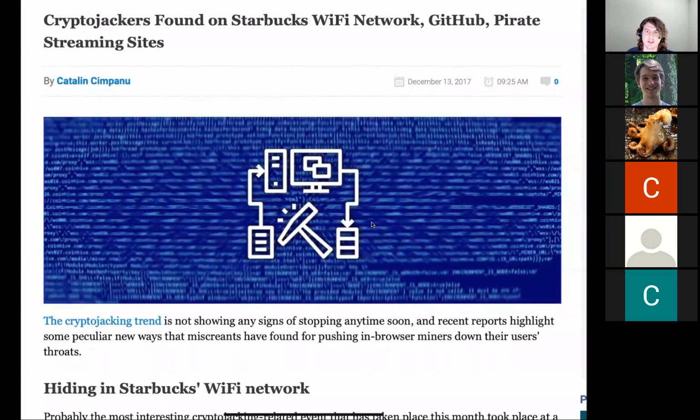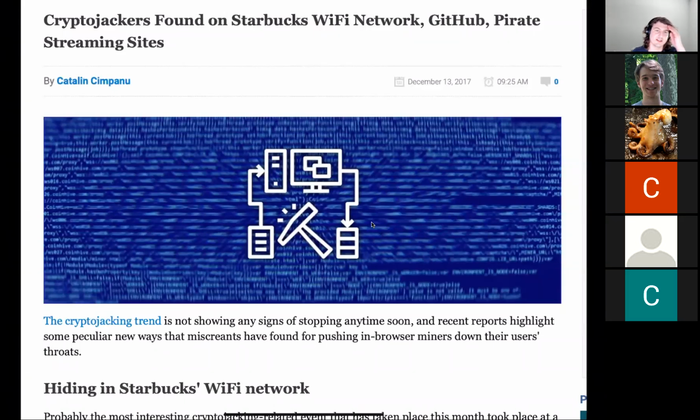And this is a really interesting example from 2017, where cryptojacking JavaScript code was found on Starbucks Wi-Fi networks. It wasn't all Starbucks Wi-Fi's. I believe it was only in Argentina that this happened.